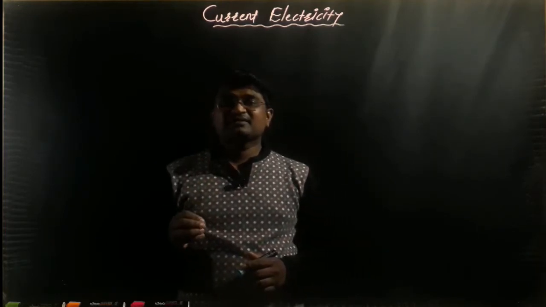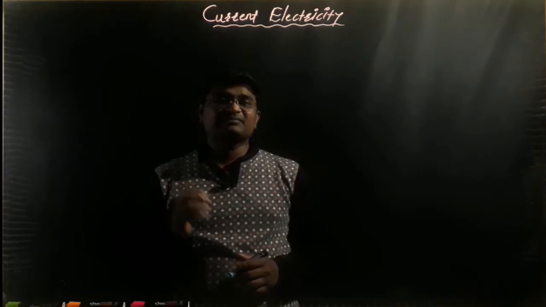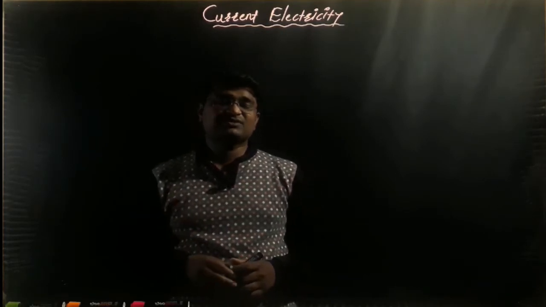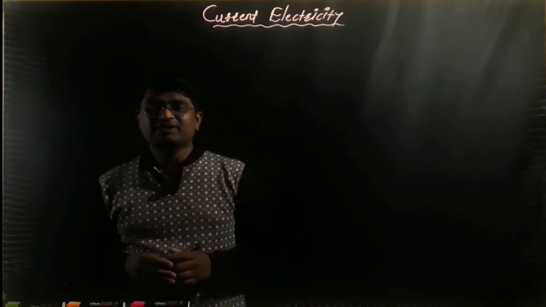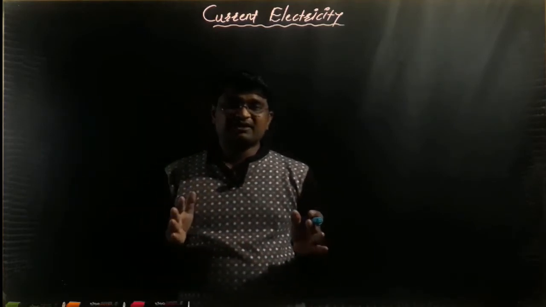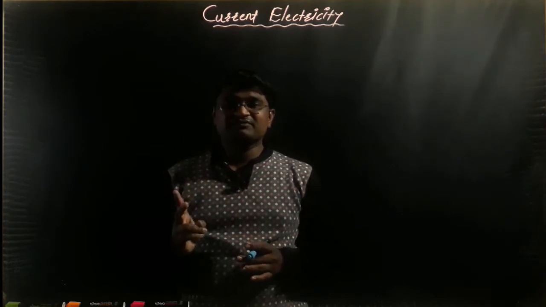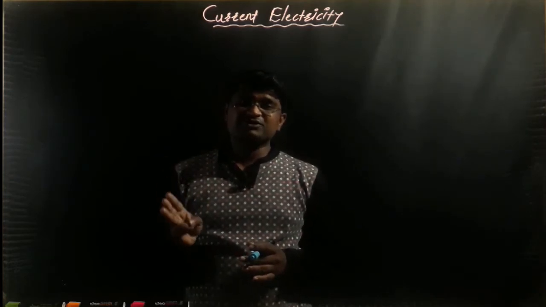And after that we determine the internal resistance of the given cell by using the potentiometer. So these are very important uses of potentiometer. We already discussed them in the last lecture. Actually, we know that this total chapter is divided into four parts. The first part is Kirchhoff's law, the second part is Wheatstone's network, and the third part is potentiometer.